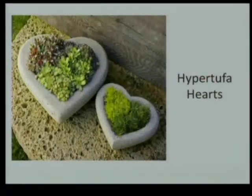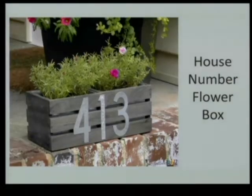And then this house number flower box. I thought that was just cute. It is really cool. Now, I was fortunate enough to receive an antique box from